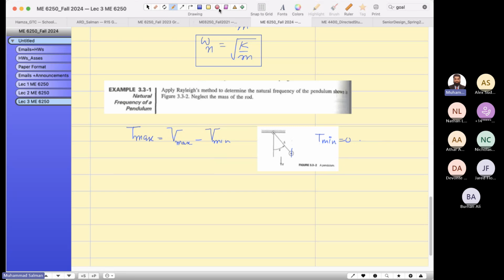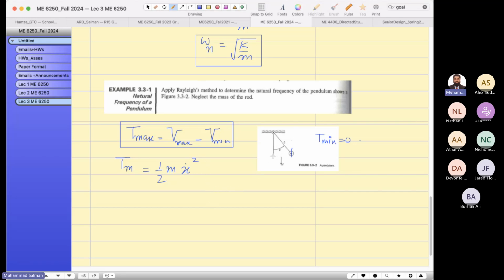If we rearrange the Rayleigh's energy equation, it looks like this. And if I show you the T max, it is half m x dot squared,